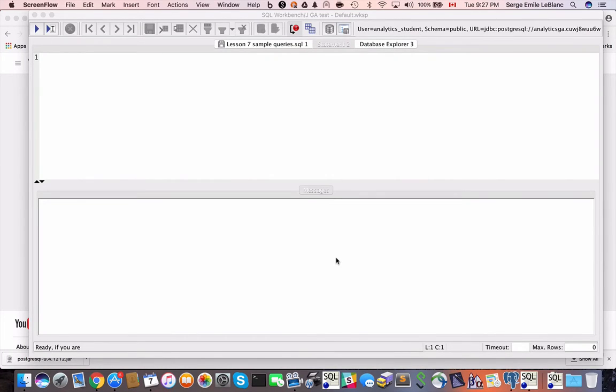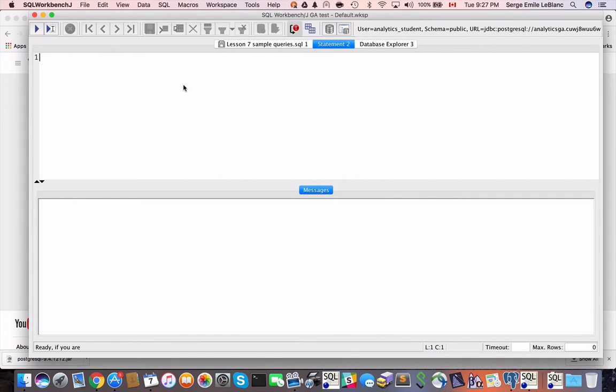Now that we've installed SQL Workbench and successfully connected to the Iowa liquor store database, I'll show you how to go through the same queries that we ran using pgAdmin, how to execute them in SQL Workbench and see what the difference is. So if we start with a simple query,